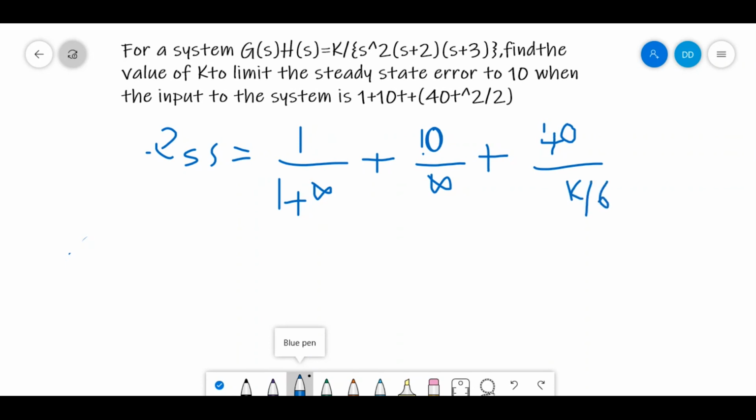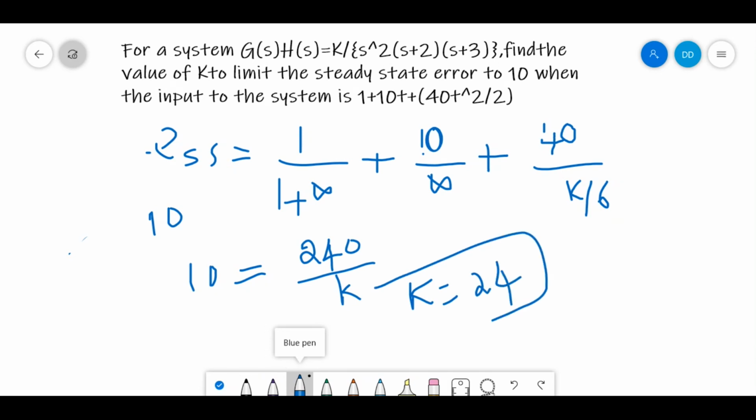Ka we have got as K by 6 and our left hand side ESS is 10. So we have 10 is equal to 1 by infinity which is 0, 10 by infinity which is 0, and here we have 240 by K, or K is equal to 24. So the system gain has to be equal to 24